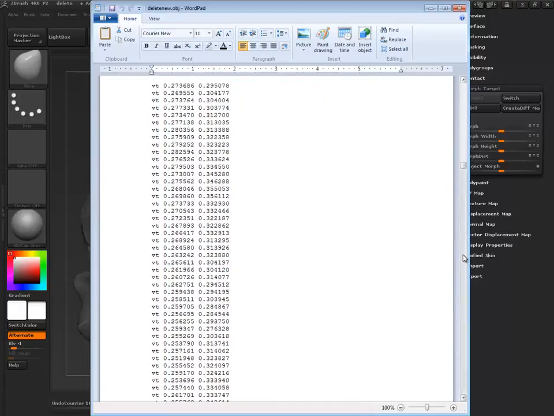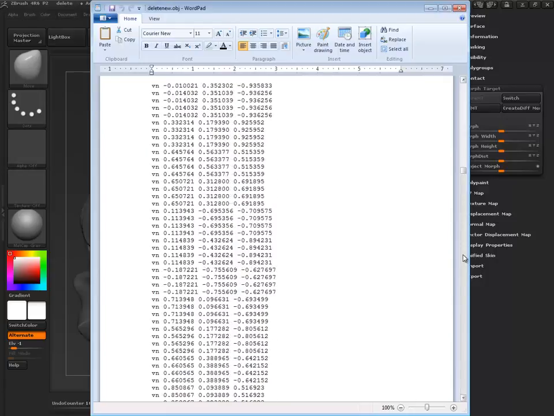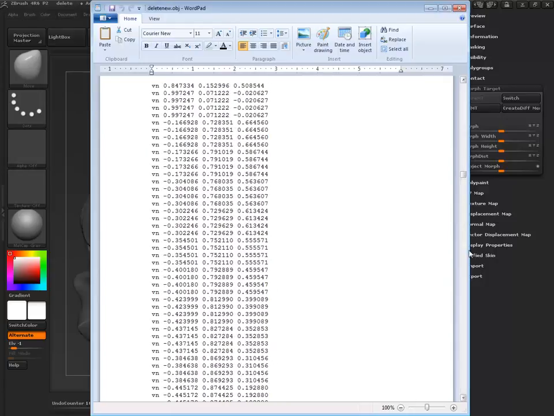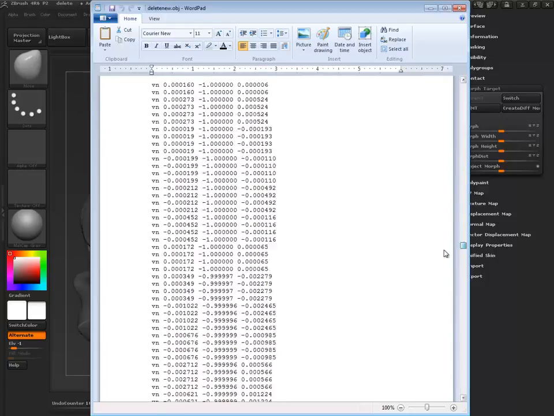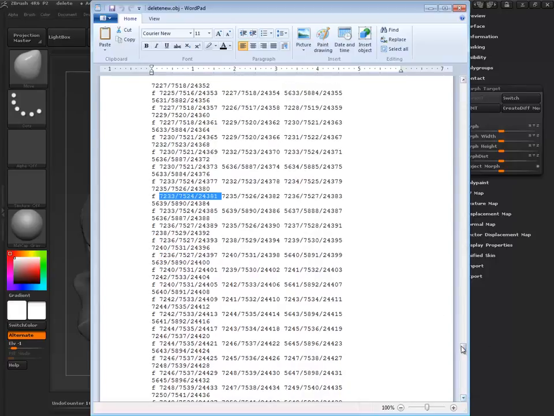So that's the last of that. I just want you to see this. This is the information that's being exchanged between ZBrush and Maya. This is the connection. Also, look at these faces. What's a face? This is a face. A face is a vertice, or several vertices. So this is just a group of those vertices that say, hey, this is that face.